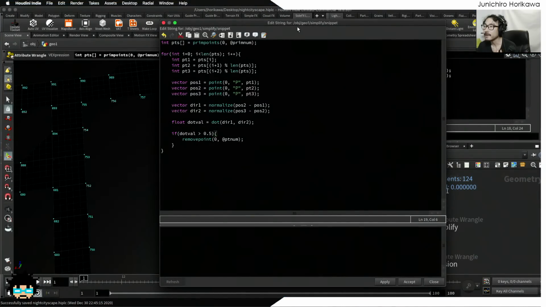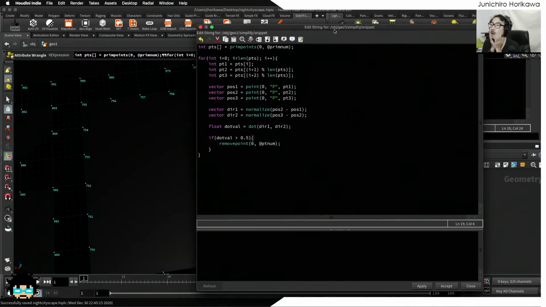Open up the code editor again, and let's see. All right. So prim points is the points from the primitive. It should be good. And I'm retrieving the point number I plus 1. That should also be good. And the direction, I'm also getting the position for each point. And what seems to be wrong here? Okay,